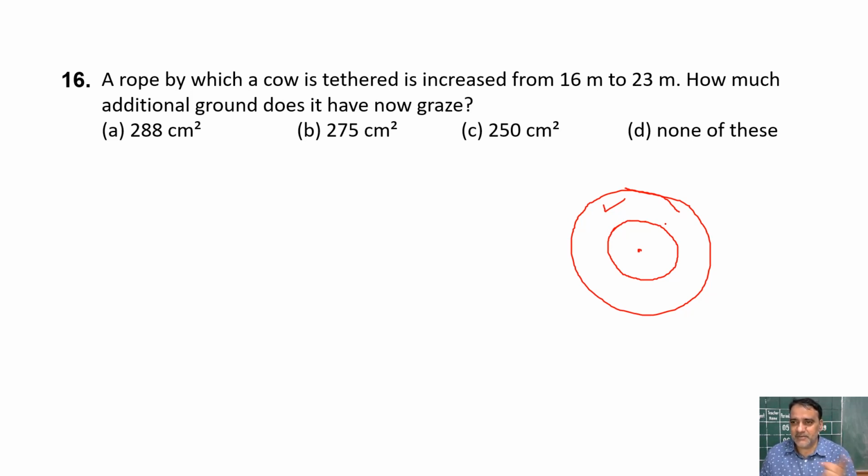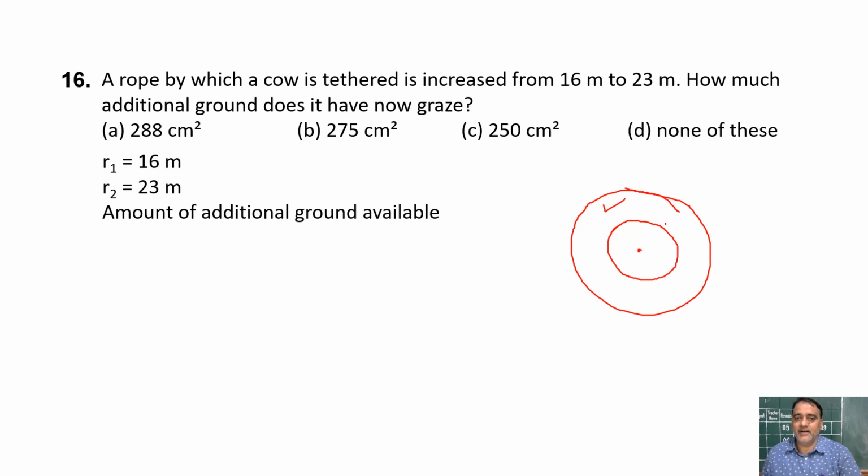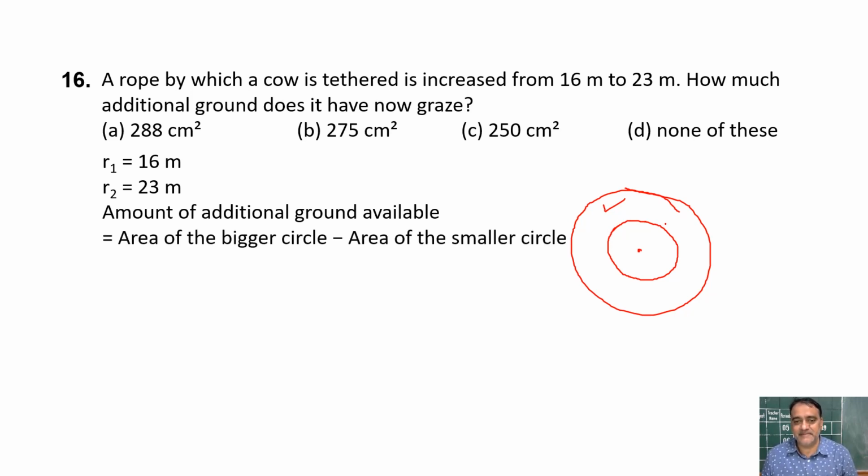Yes, sir. So R1, we will take the smaller one, 16 meter, and R2 we will take 23 meter. So area of additional ground does it have now graze is equals to area of bigger circle, outer circle, minus area of inner circle. That is pi R1 square minus pi R2 square. So we can take pi common. So the value of pi is 22/7 and R1 is,